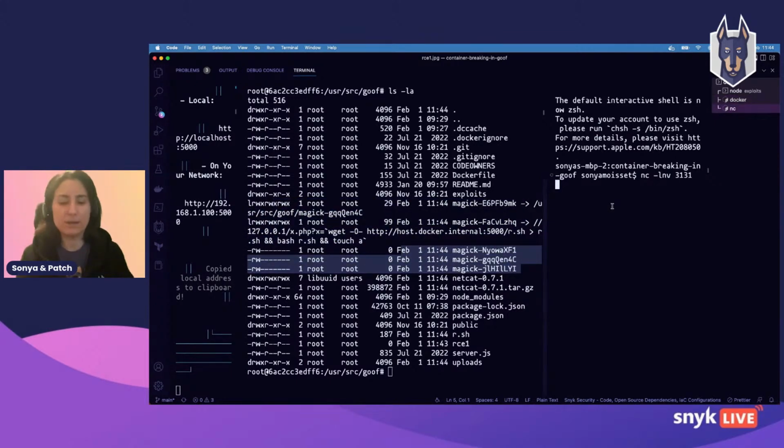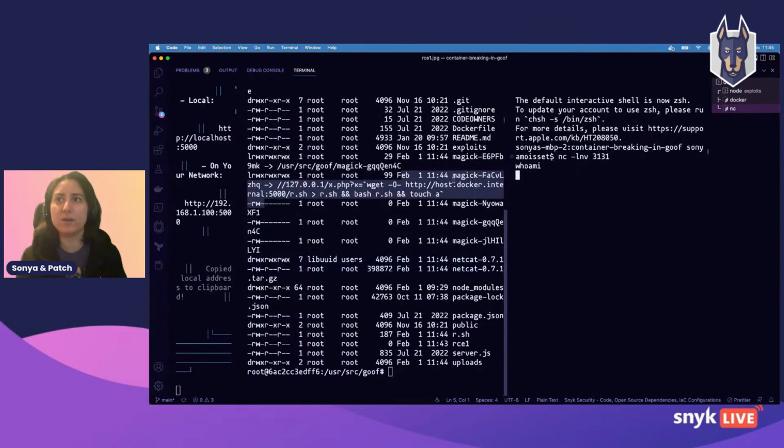Okay. So I'm going to type whoami, just to make sure that I'm getting root here. And let me explain what is going on. We're going to have to wait about 10 to 12 seconds for the netcat utility to be downloaded from the local static file server, which is happening here on the left side. It's going to be compiled and executed to then create a reverse shell, which I'll have here on the right side, that allows us to interact with the local netcat listening prompt. So basically, what I'm doing will be a connection with the Docker container. So hopefully, this is going to come back with root.